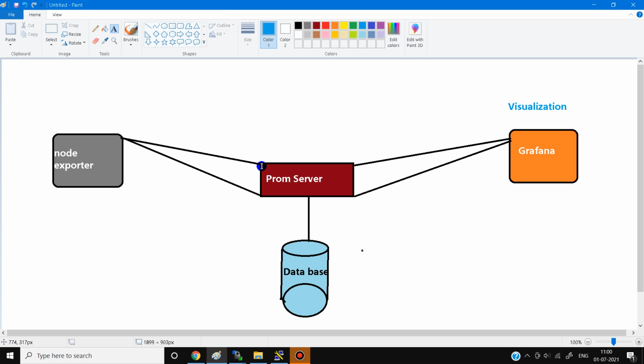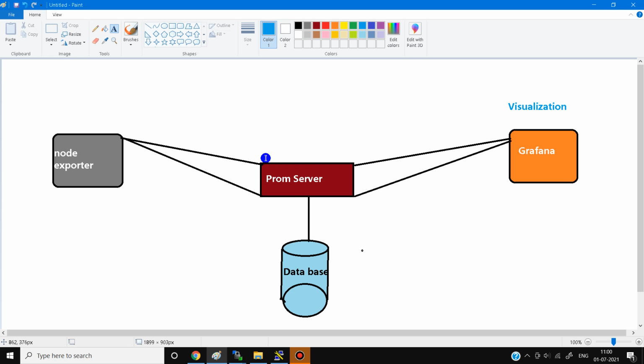Here it sends a signal to the Node Exporter that I want to collect metrics. Then the Prometheus server goes to the Node Exporter, and the Node Exporter sends the metrics to the Prometheus server, and then these metrics are stored in the database of the Prometheus server. And if we want to access this metrics data of the Node Exporter, then we have to run a PromQL, meaning Prometheus query, to retrieve the information from the database.